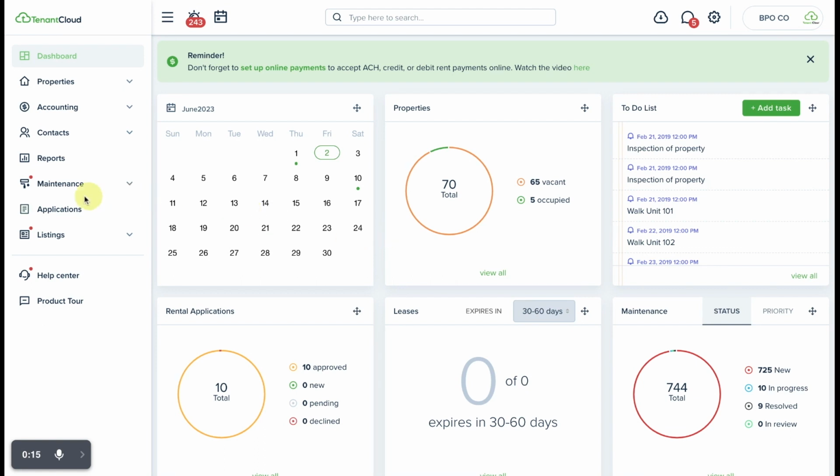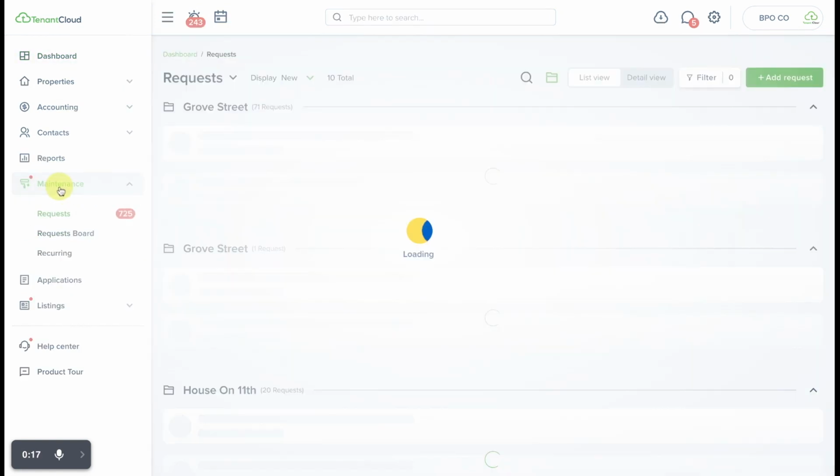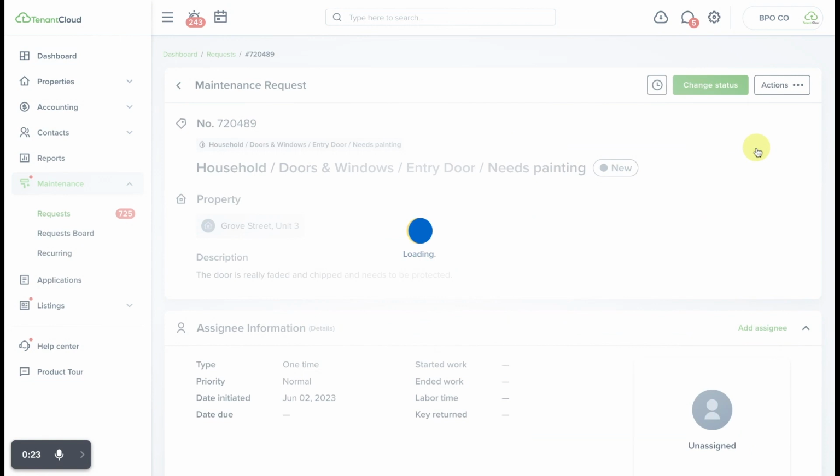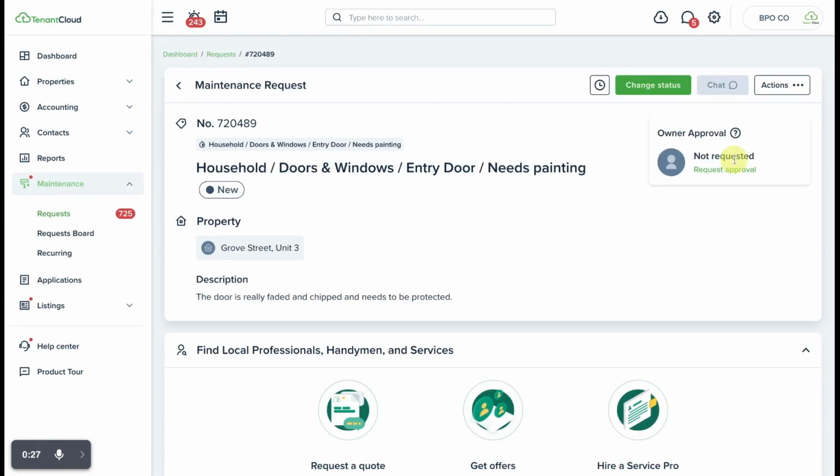To get started, we're going to go over to the maintenance tab on the left side menu, and we're going to locate the maintenance ticket that we want to get that bid approved for. And from here, you're going to see the option on the upper right corner that says owner approval, not requested,